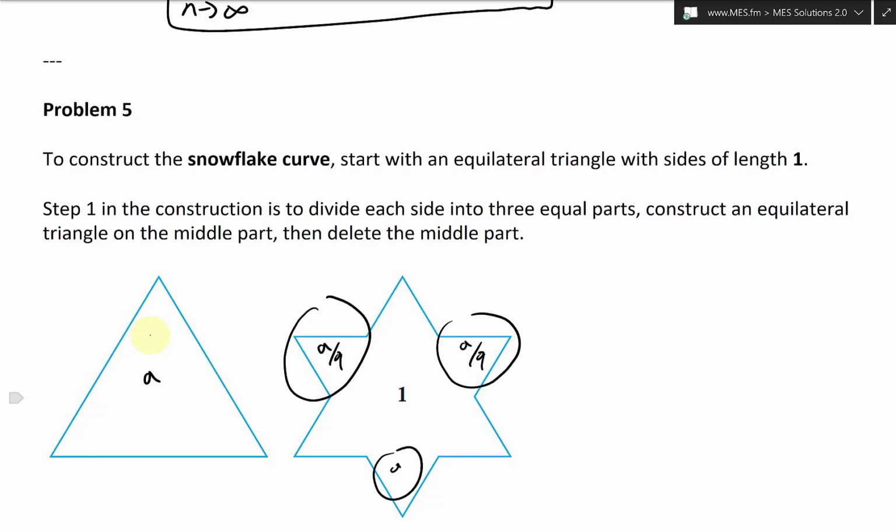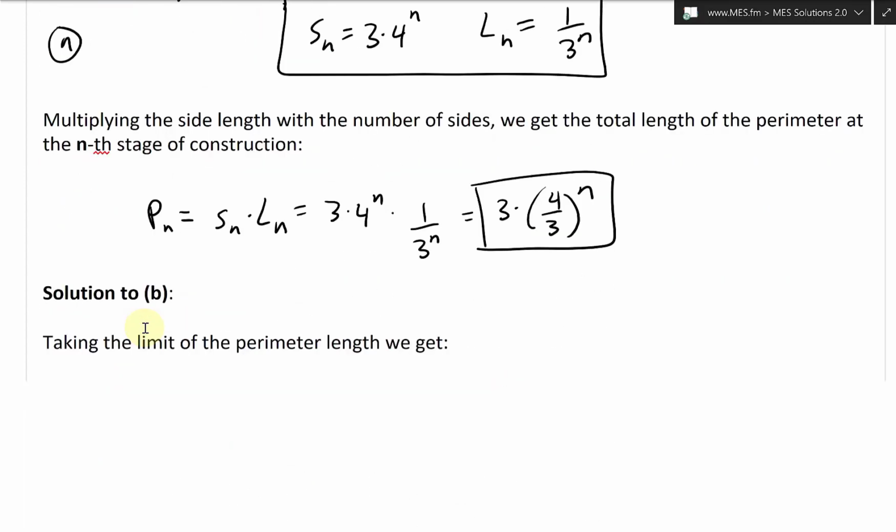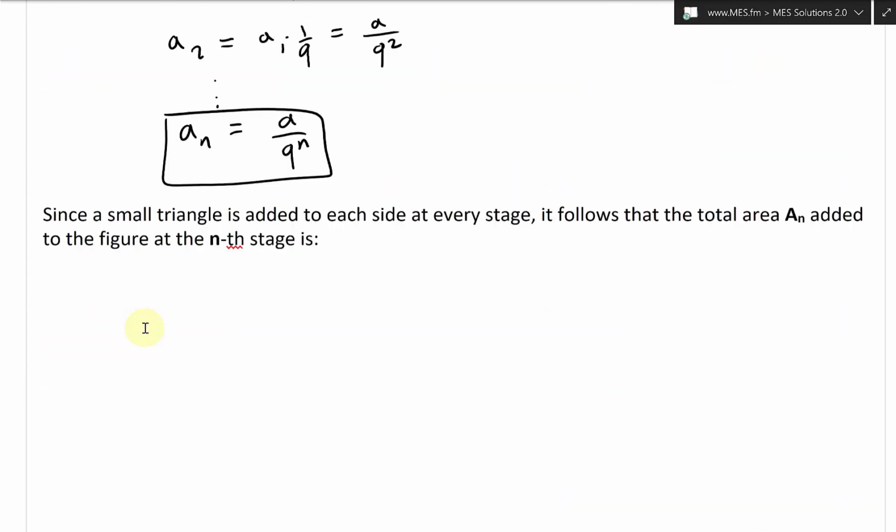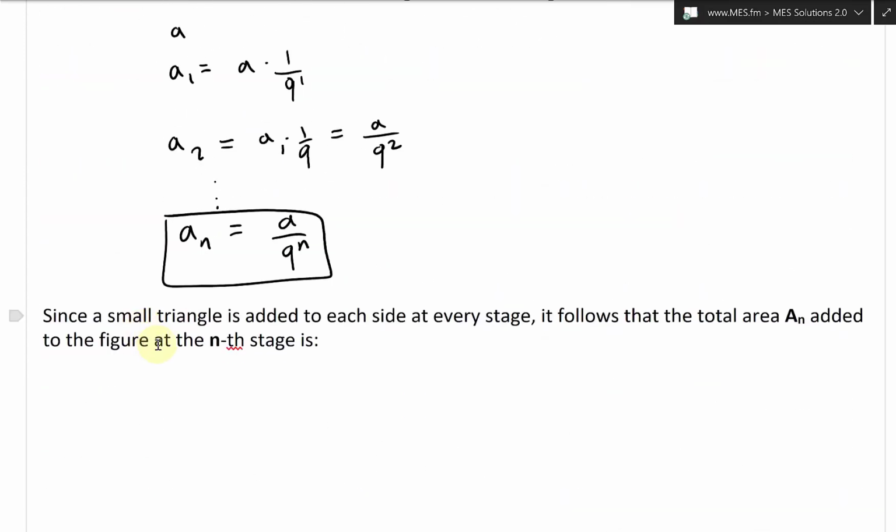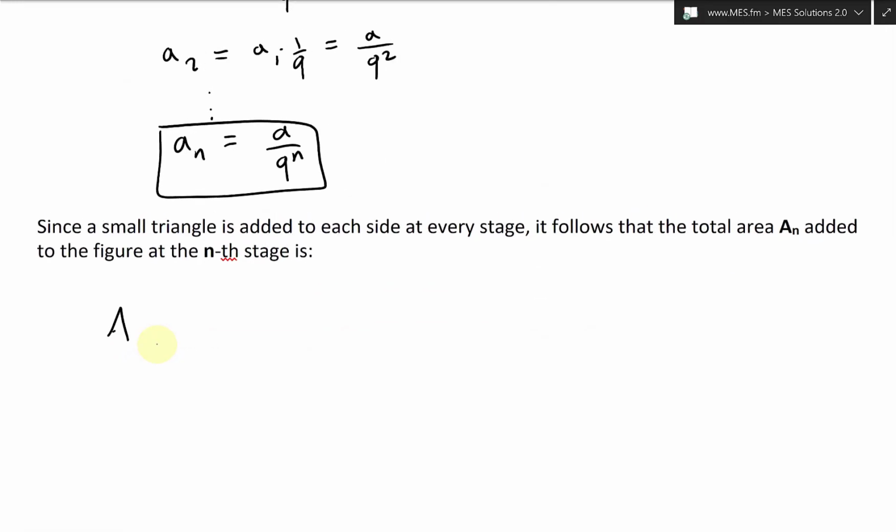An extra a over 9 at each side. So initially there's 3, now we're adding 3 at each side. So 1 at each side, a over 9. So we're adding all these extras. So we could write this as, at the nth stage, a_n is equal to